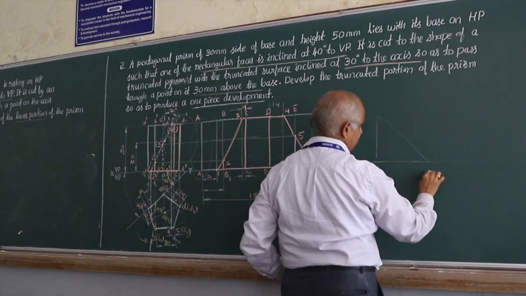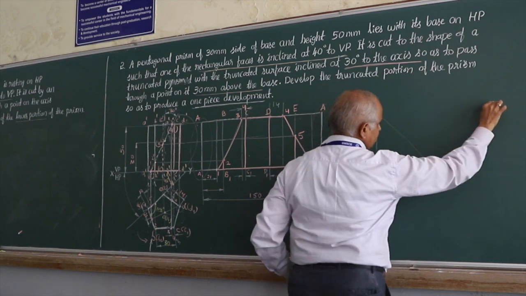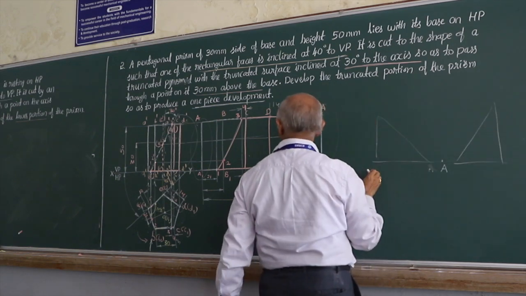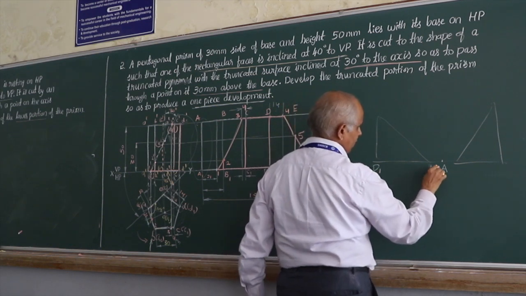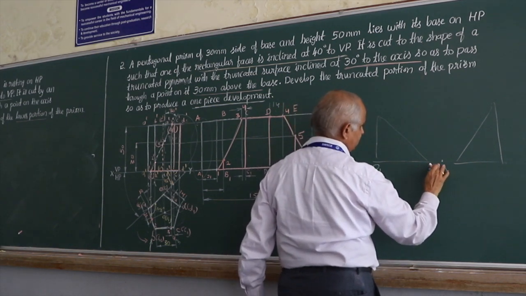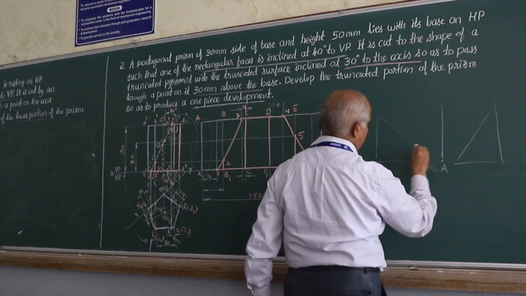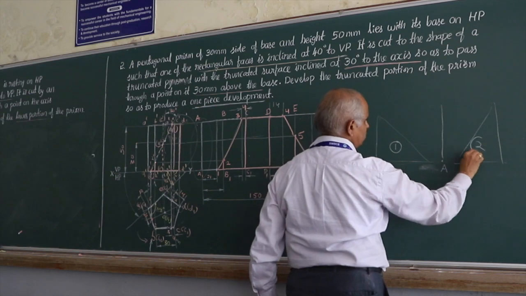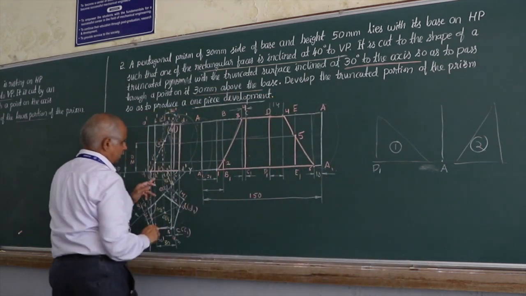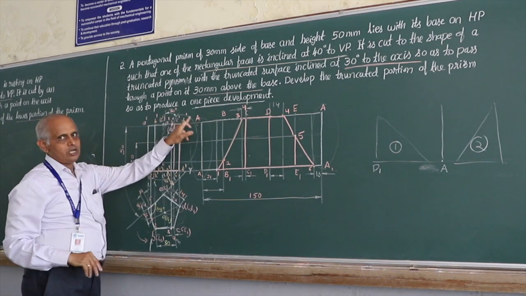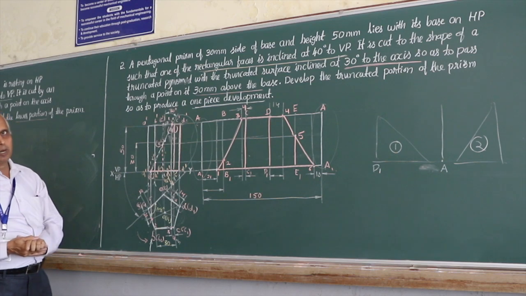Okay, but already this edge A1 is removed. Somewhere it comes like this. A is not there. A is somewhere here, and again your development starts in this region. And if you have started with D1, it ends here, and that A is totally removed, and therefore it is a 2-piece development. It is part 1 and part 2. That should not happen. Therefore, you always start the development from a removed vertical edge or the shortest vertical edge. That completes problem number 2.